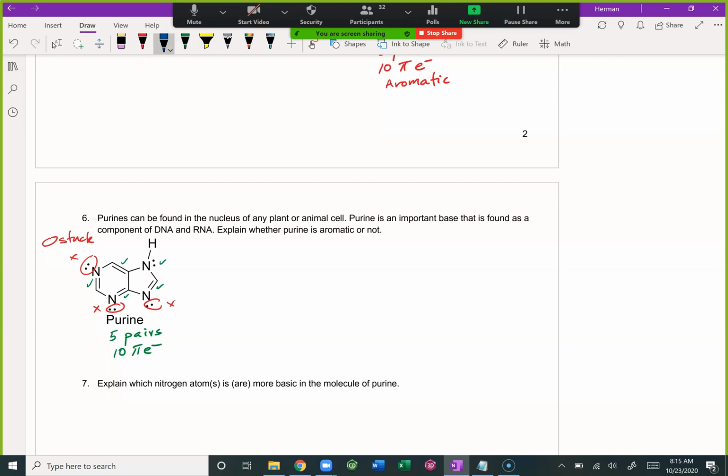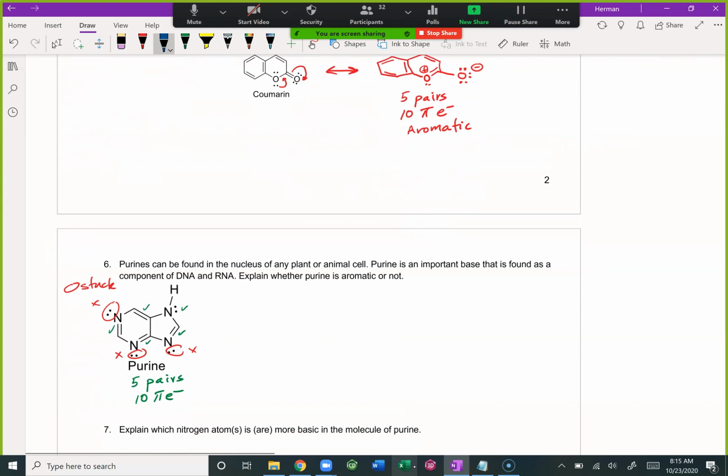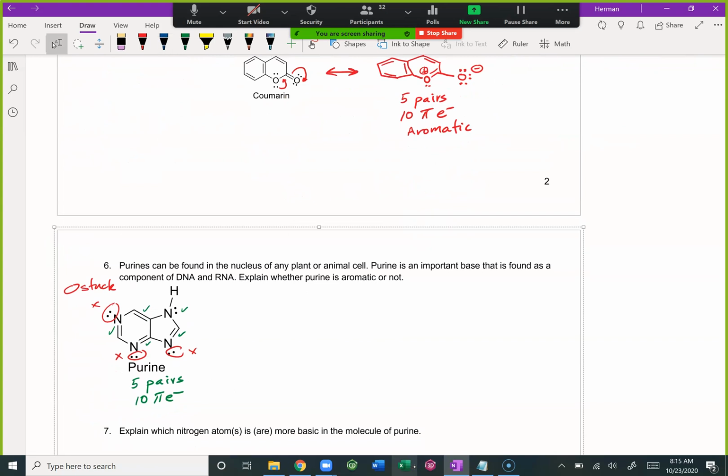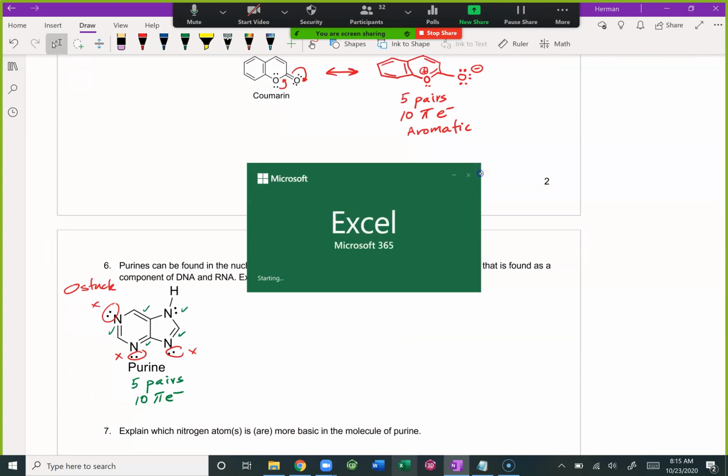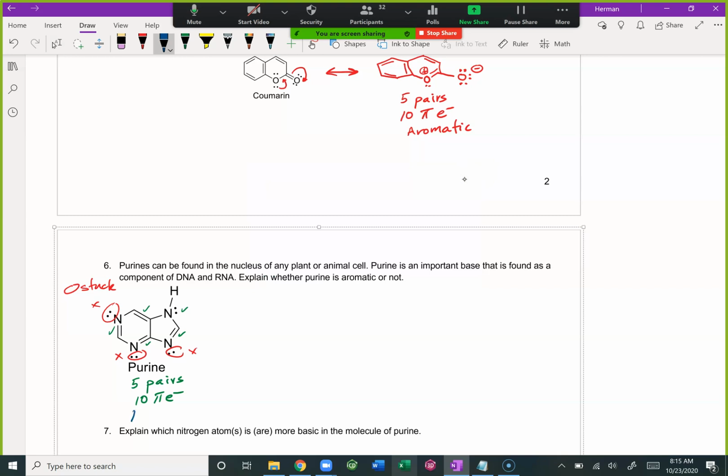All right. So let me write something here. So this molecule is aromatic. Wow, why am I getting that? This molecule is aromatic according to Huckel's rule. So in the structure of purine,